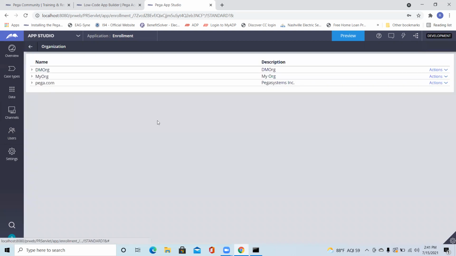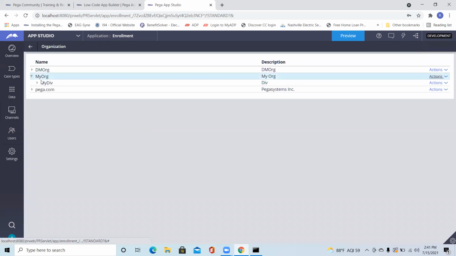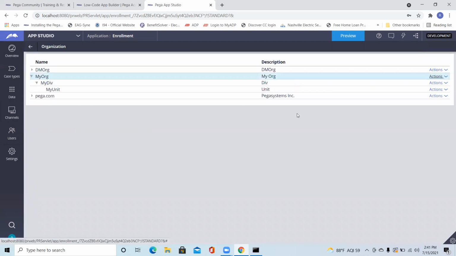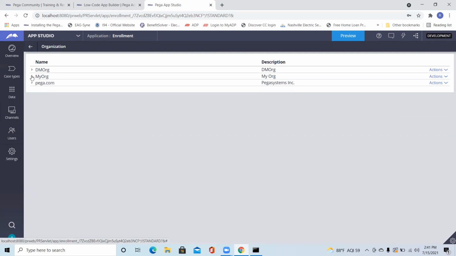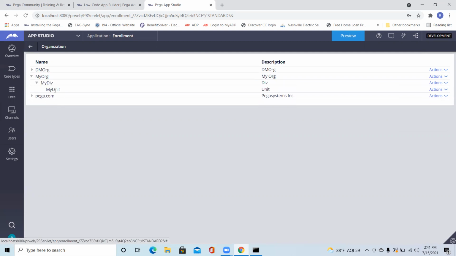I think under organization, they have nothing, they just display what organization and division units are there. How many organizations are there? So we created this one. This is ours. And what does this action say? Add division. Okay, you can add it directly. I mean, under your organization, if you want to add one more division, you can do that. Okay, understood.